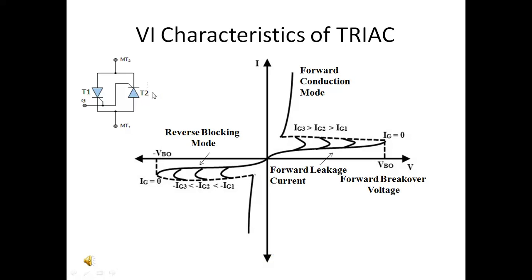When MT1 is positive and MT2 is negative, at that particular time we can call it SCR T1 is forward biased and T2 will be in reverse bias. Due to which, as you can observe in the VI characteristics of Triac,